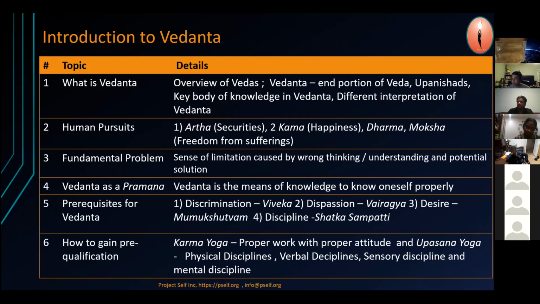The first 3 portions are used for seeking the material benefit, economic, social welfare. That is the key goal of the first 3 portions, which is predominantly known as the Karma Kandas of the Veda. So on a high level, it can be divided as Karma Kanda and Jnana Kanda. And the Karma Kanda constitutes of the first 3, Mantra, Brahmana, and Aranyaka. Whereas the knowledge about myself, knowledge about Ishvara, all that is compiled into this Upanishads, and that is what is